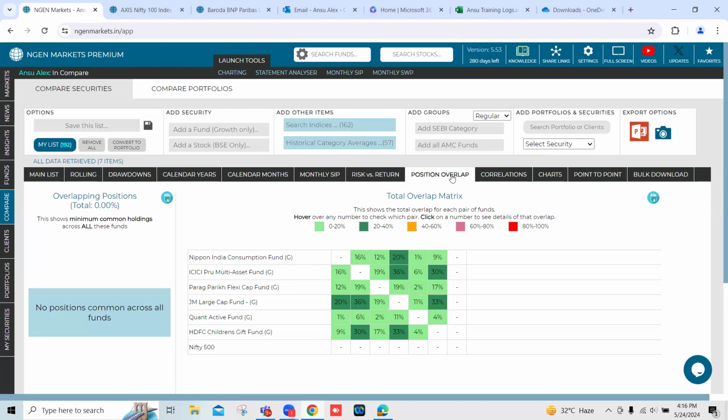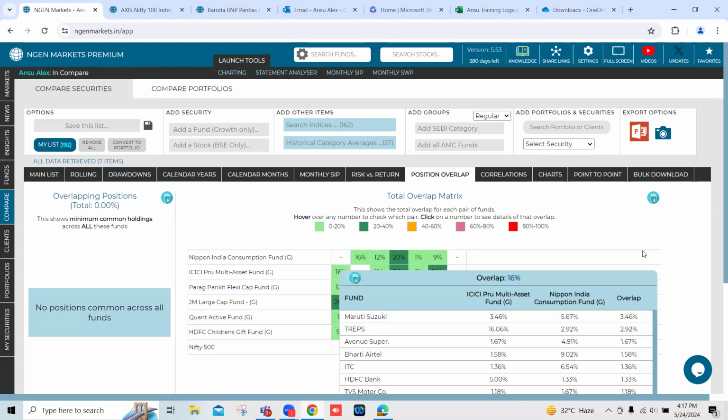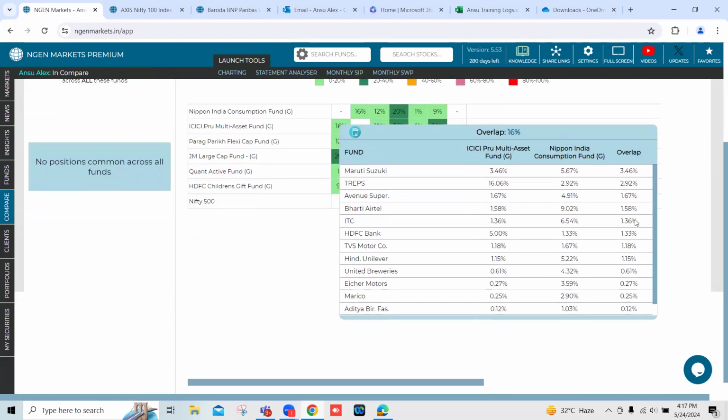Now you just come to this positions overlap tab, and this is a matrix structure which shows you common holdings between every 2 funds that you have loaded in the main list. Now you could see the correlation between Nippon India, ICICI Pru, Parag Parikh FlexiCap. Every 2 funds, you would be able to see the correlation overlap. You simply click on this percentage and it gives you a list of all these common stocks into which these 2